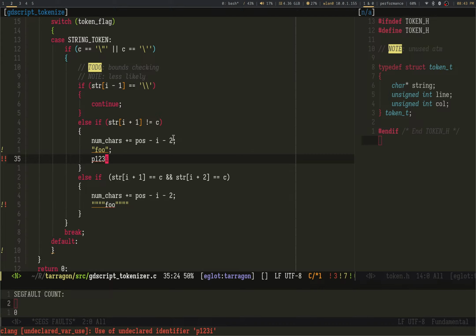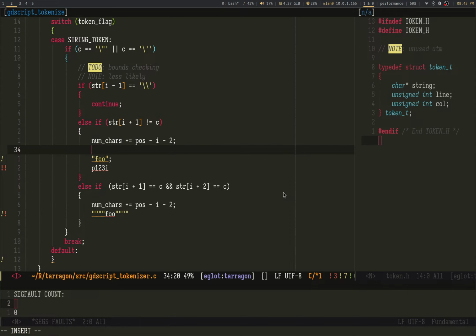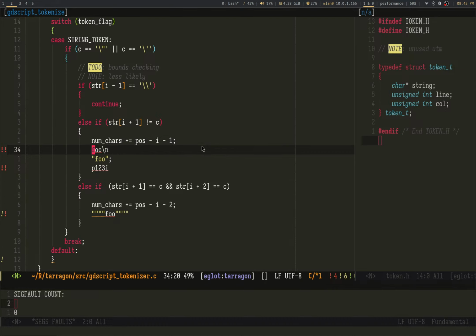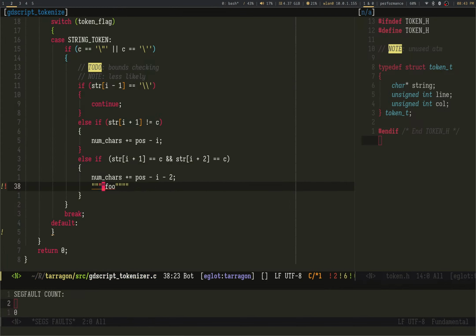I actually want foo, so it's going to be 4 minus p, but I actually want 1, 2, 3, 4, 5 characters. So 4 minus that plus 1. Easy. Nope, totally wrong. I think it's just that. Whatever. Math's off. I can fix it.